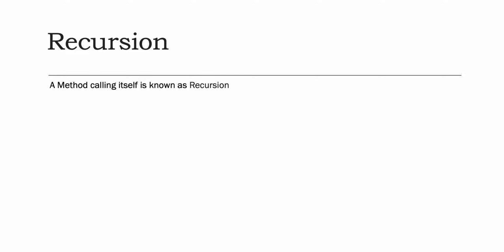Let us take an example to find the factorial value of a given number. So how can we find it? The factorial value for a given number is defined as the number multiplied by number minus 1, multiplied by number minus 2, and so on. Right. So let's go to the IntelliJ IDE and first write the method without using the recursion functionality.